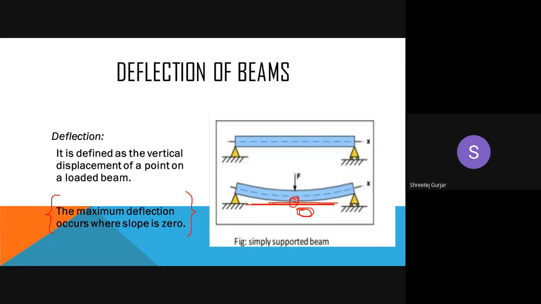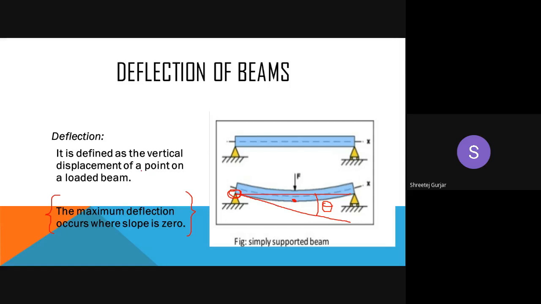If I consider a tangent over here, there will be some amount of deflection occurring. If this is the tangent, then there will be some amount of slope occurring. This is the horizontal, and then there is this slope, which you usually call theta. At this point, the slope is maximum, but what about deflection? Deflection is 0. But if you consider this other point, the slope is 0, but the deflection is maximum.